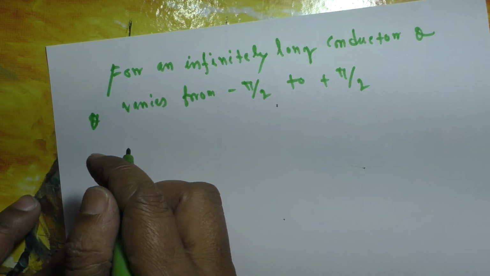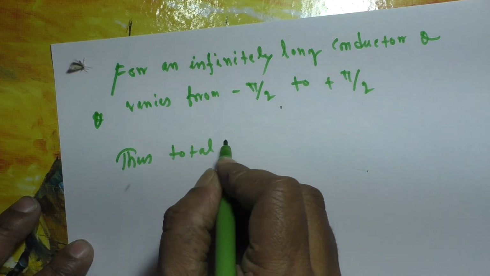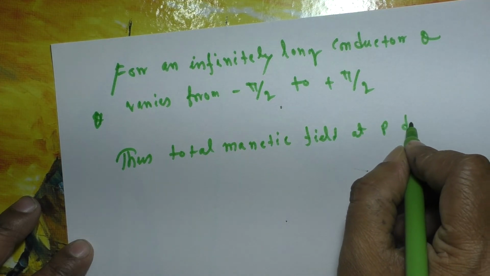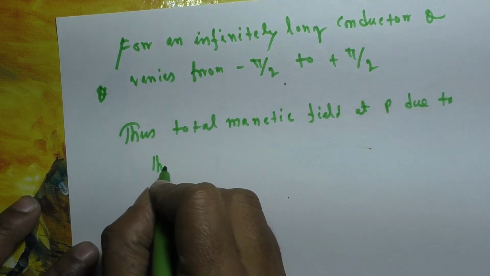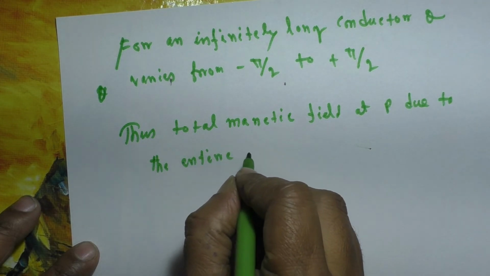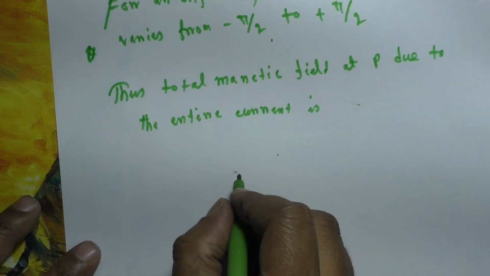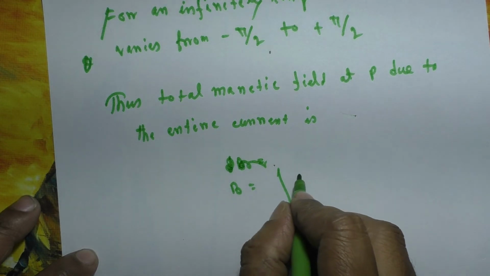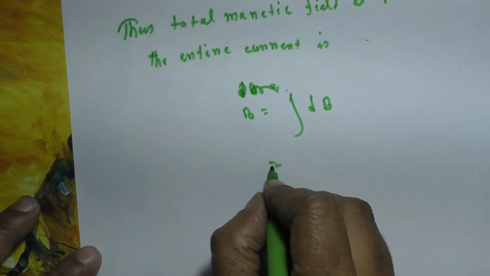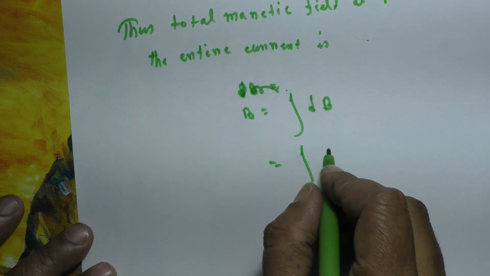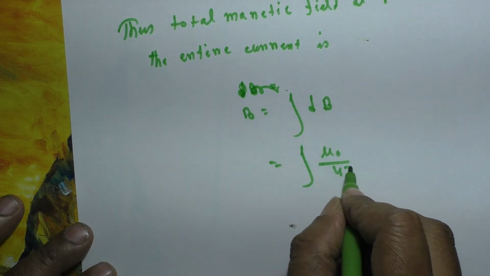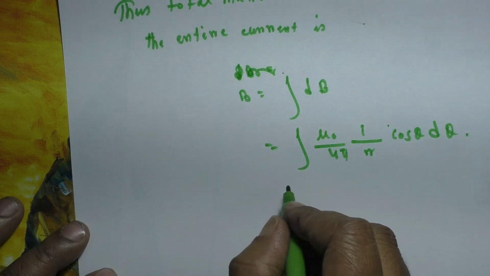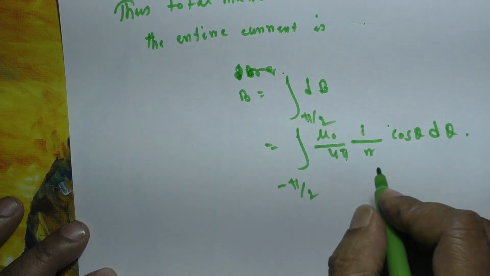Thus total magnetic field at point P due to the entire current is B equal to integration of dB, that means integration of mu 0 by 4 pi I by r cos theta d theta, and the limit of integration is minus pi by 2 to plus pi by 2, and this is constant term,